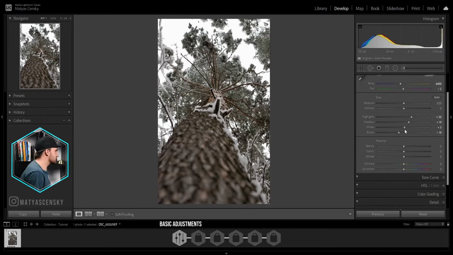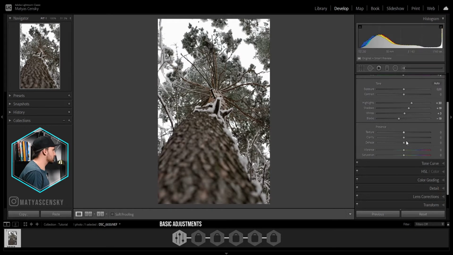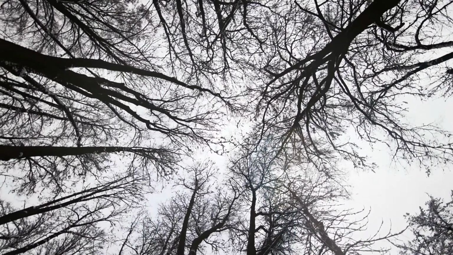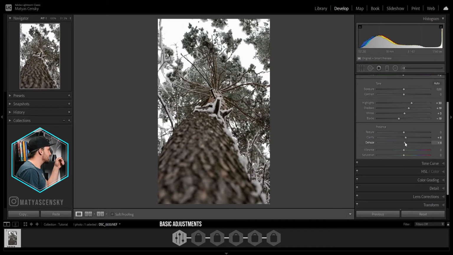We'll leave the contrast for now, and let's focus on texture, clarity, and dehaze. In this case, we can use the clarity, but just don't go overboard. Somewhere like here. Now I remember from the scene, when I was shooting, there was a really bright overcast, and also there was this slight mist. So I want to dehaze this picture.